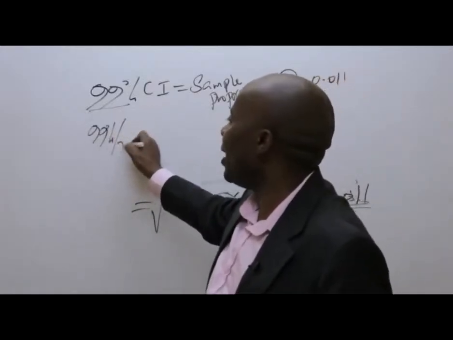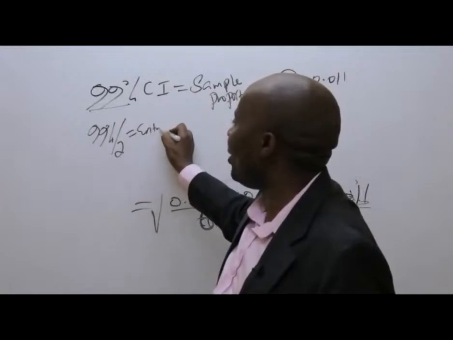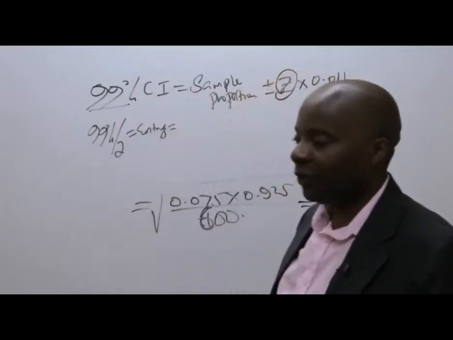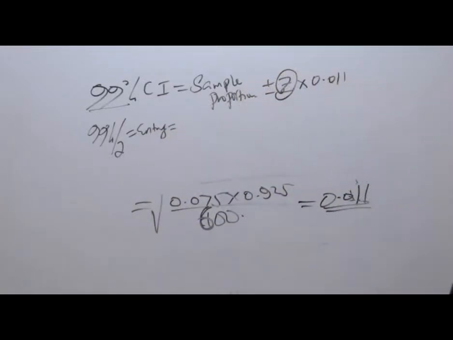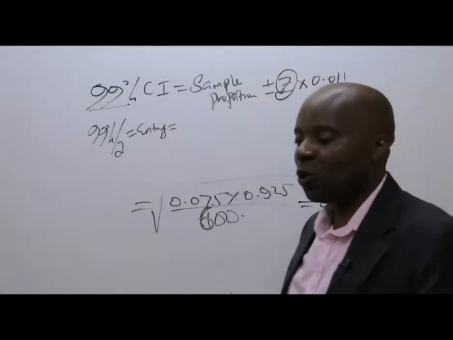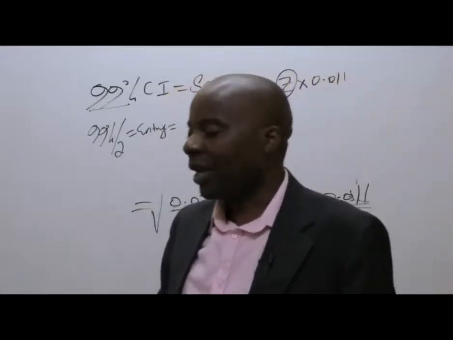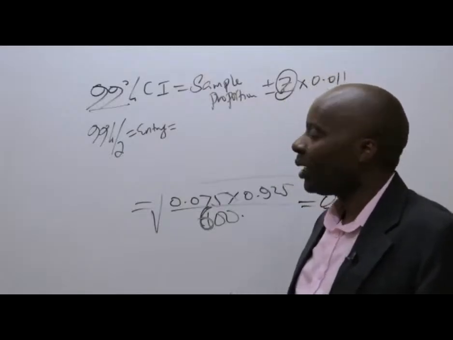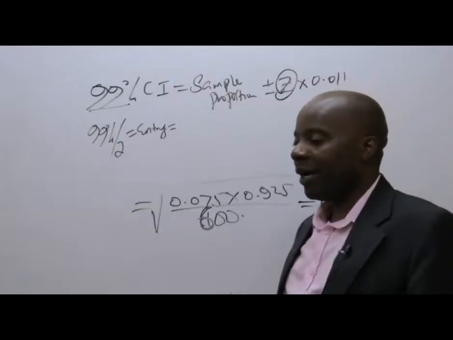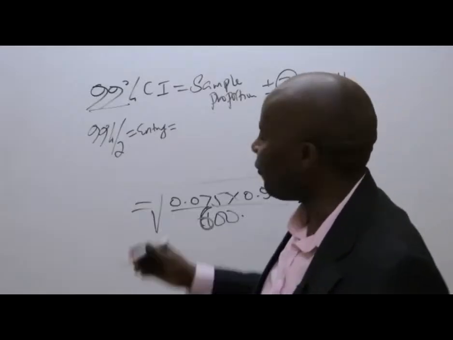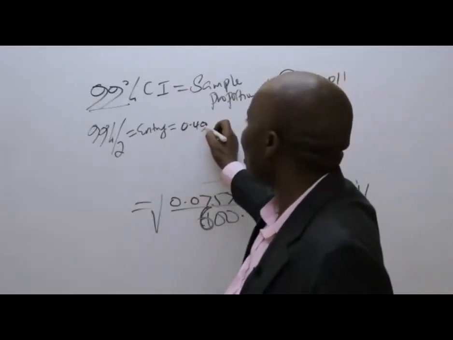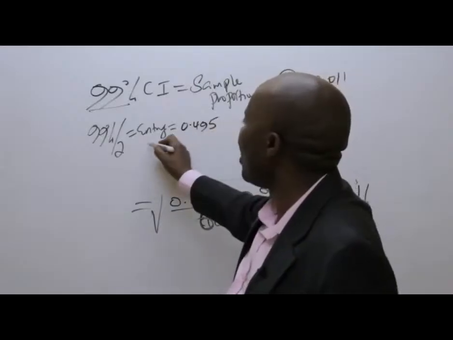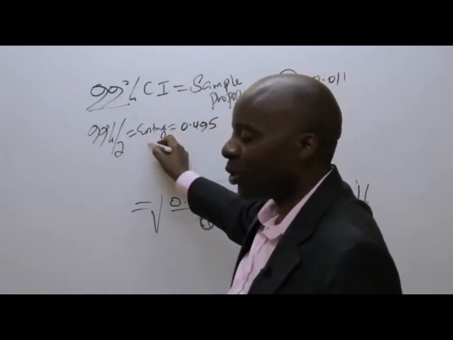You divide by 2 to have your entry figure. Somebody give me that figure: 99%, 0.99 divided by 2. What do we have? 0.99 divided by 2, we have 0.495. Thank you very much. Once I have this 0.495, I would want you to go to your tables and read